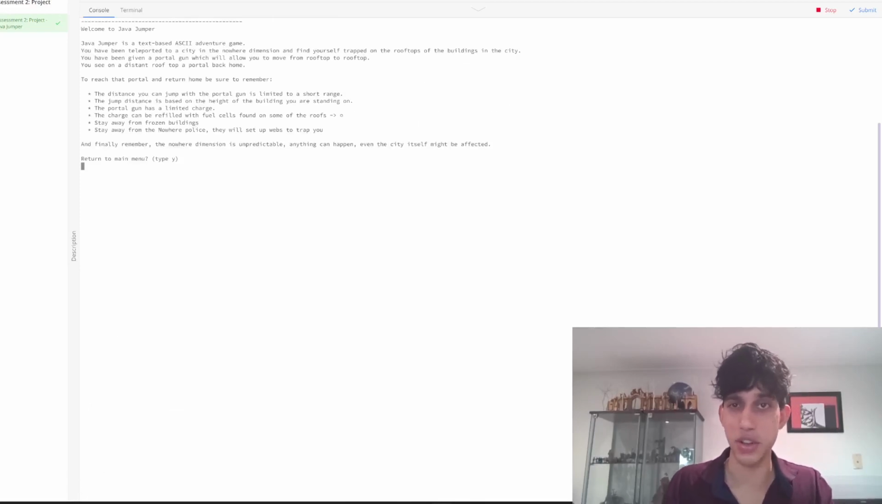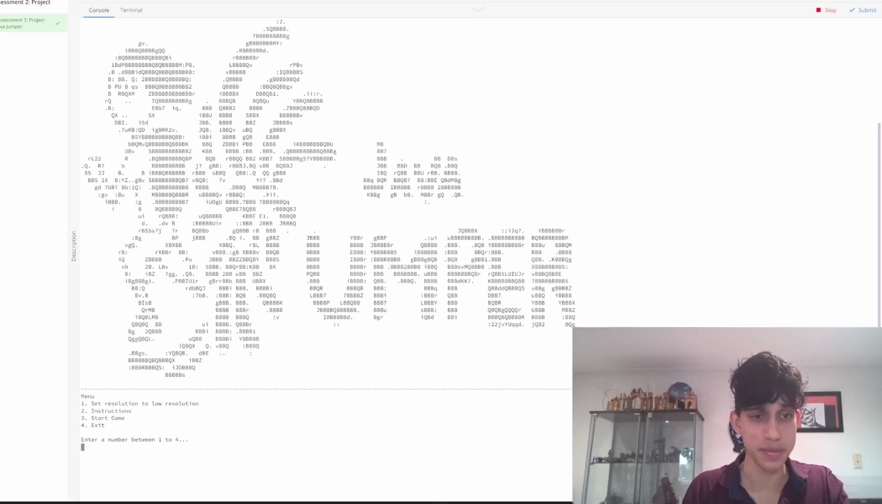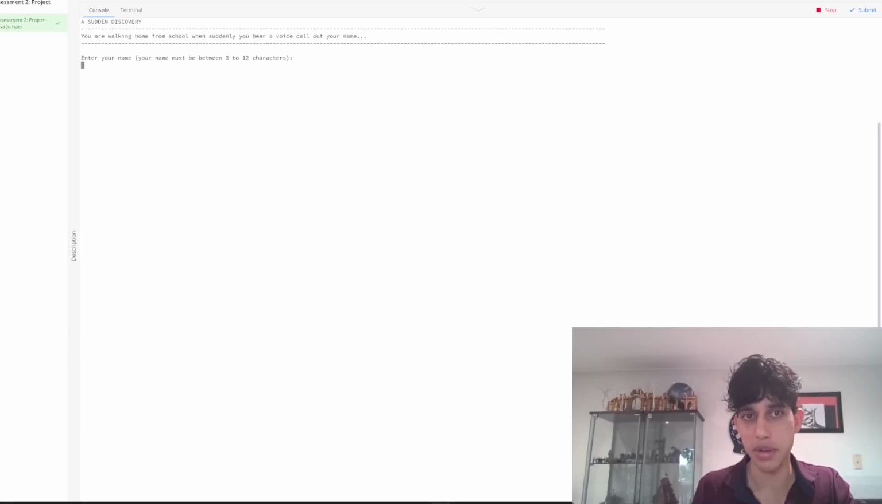Instructions look like this. You don't need to read that because, well, you know the assignment since you're marking it and you know how the game works. Let's go back to main menu and let's just start the game, which is option number 3. I wrote a bit of a story, introduction scene, just to make it a bit more engaging,